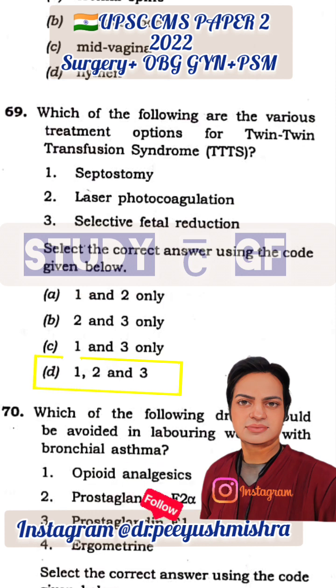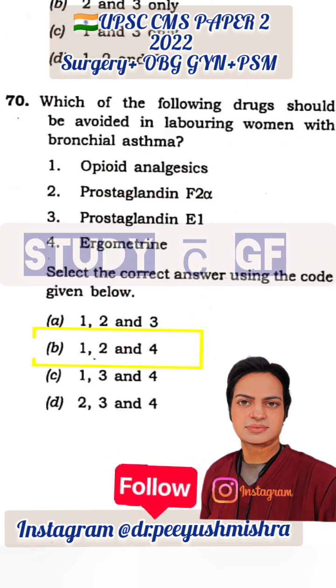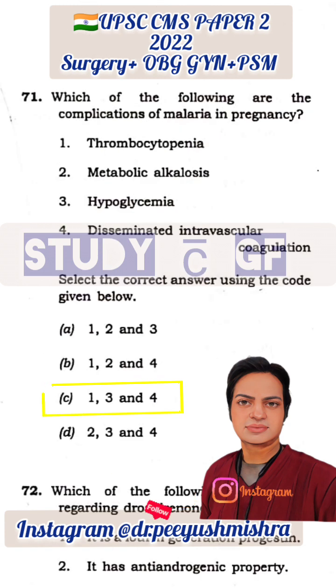Which of the following are various treatment options for twin transfusion syndrome TTTS? Septostomy, laser photocoagulation, selective fetal reduction. Which of the following drugs should be avoided in laboring women with bronchial asthma? Opioid analgesics, prostaglandin F2 alpha, ergometrine. Complication of malaria in pregnancy: thrombocytopenia,